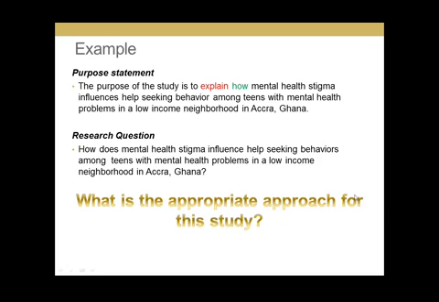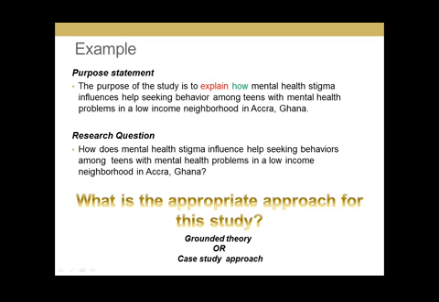Oh, someone said because it's the natural environment. Is there any question or comment? Yeah, so I believe grounded because of the natural environment. Oh yes, natural environment. You use grounded theory when you want to explain a phenomenon. It doesn't have to be in their natural environment, but in a qualitative study, you have to make sure that things are happening in the natural environment. The main methodological rationale of using grounded theory is to develop a model or an explanation of a process or a behavior. So I think all of you are right.